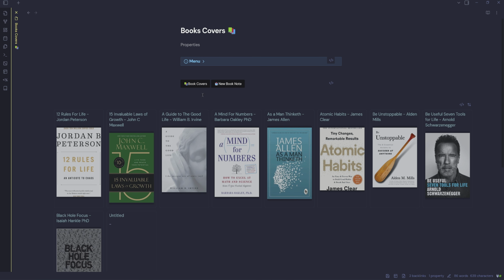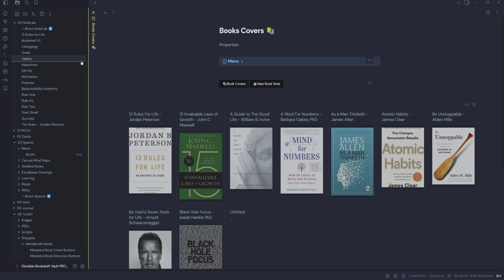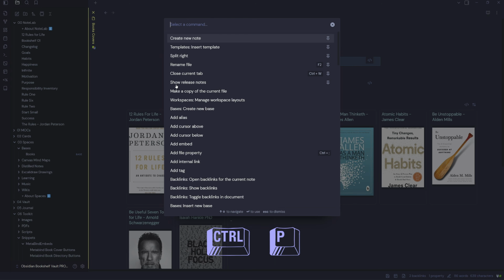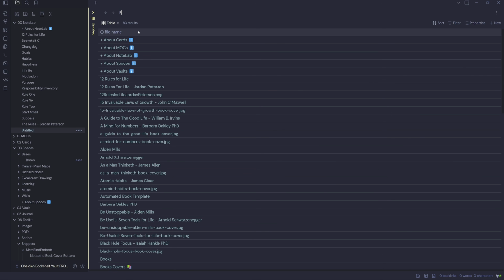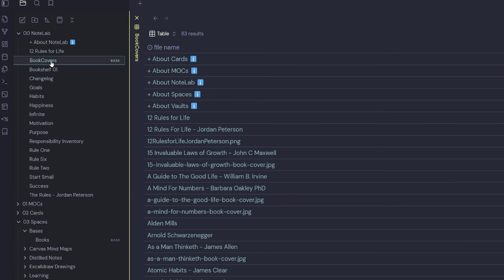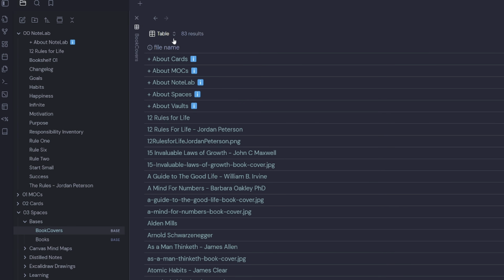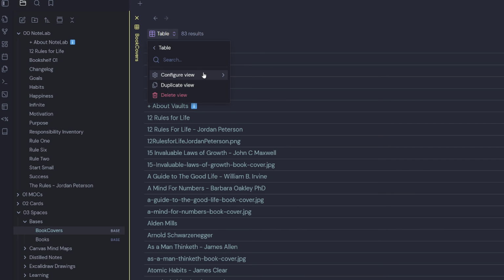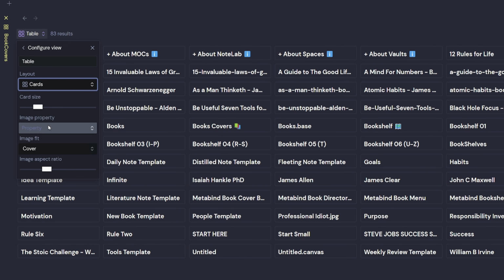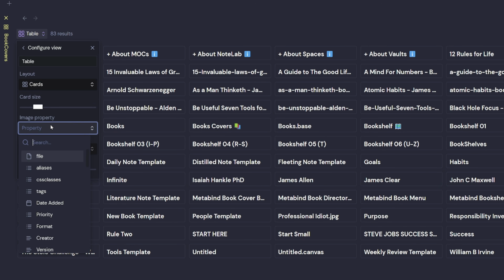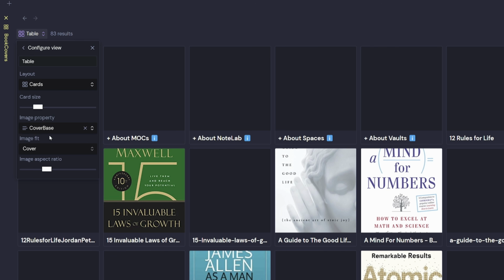So we need to create our book covers. To do that, let's open up our left pane, and we're going to hit Control P, type in base, and create a new base. We'll call this one book covers. So now we have our book covers base, and we'll move that down into our bases folder. Then we're going to change the view from a table view to a cards view. Now we need to tell what the image property is. So we're going to change that to cover base,